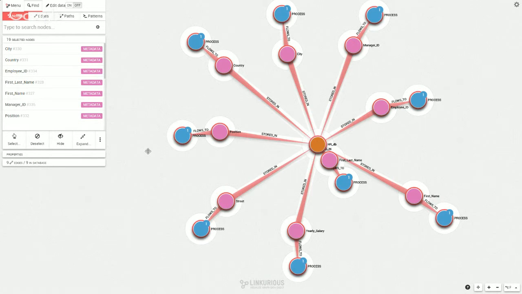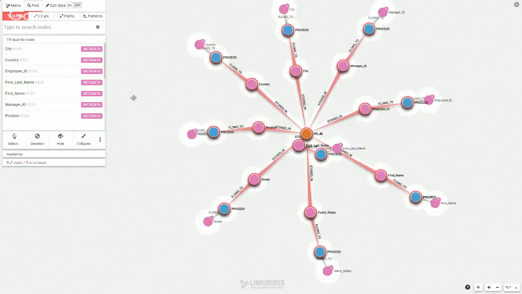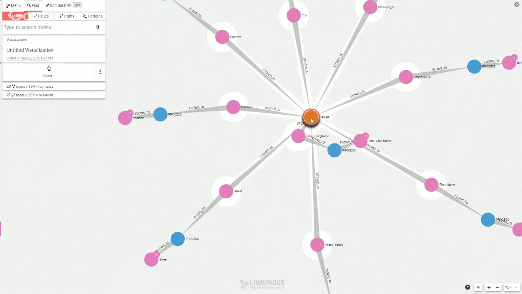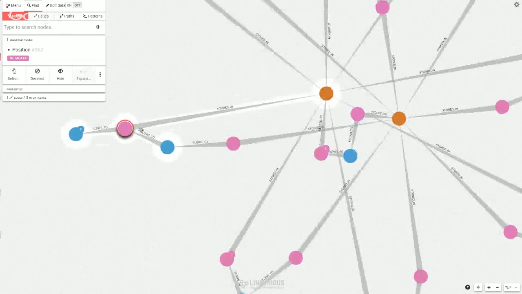Okay, interesting. Now let's select all the processes and see where these processes flow to, and they flow to another metadata. So let's zoom in to take a concrete example. We started with the HRDB, and we saw that there was a position metadata, which through a process is being transformed in a new metadata. If I click on that new metadata here, I can view that